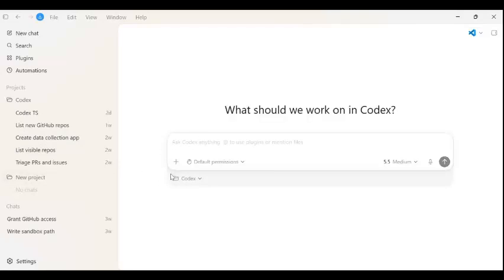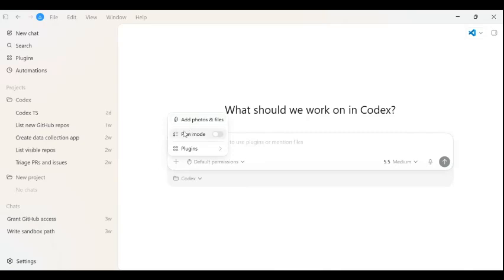Then what else do we have here? I'm just trying to go through all the features around here. Then we now do a test run. So when you want to chat and you want to add a new file to your chat, you can click on this plus button. It will tell you to add photos or files from your computer. Then it's more of giving Codex context for it to now perform the task that you give it in the